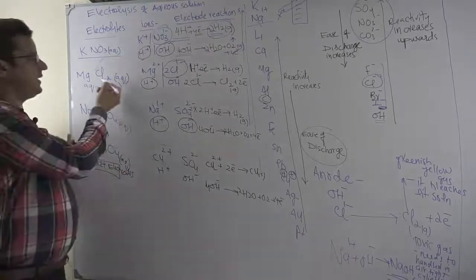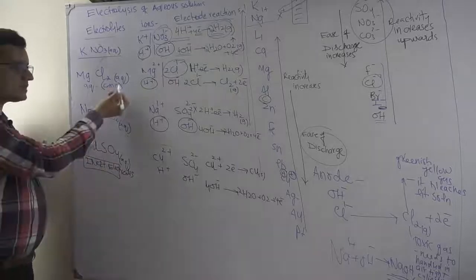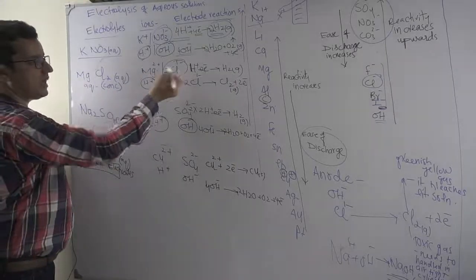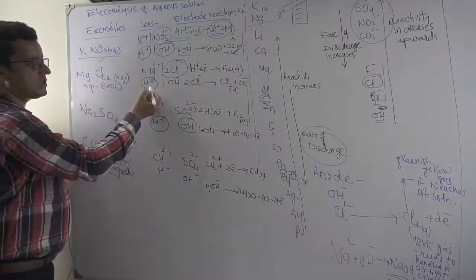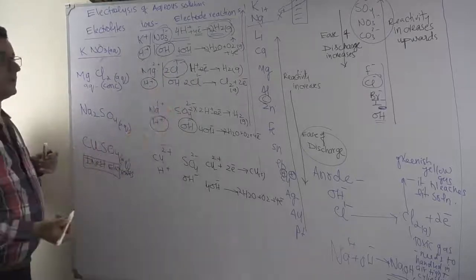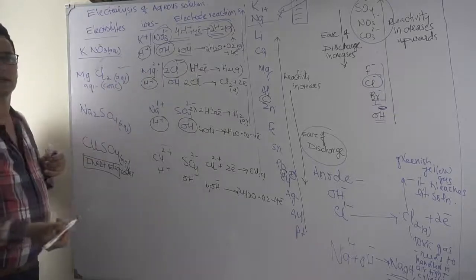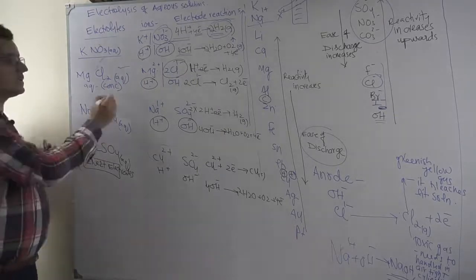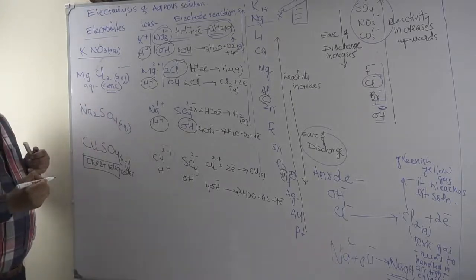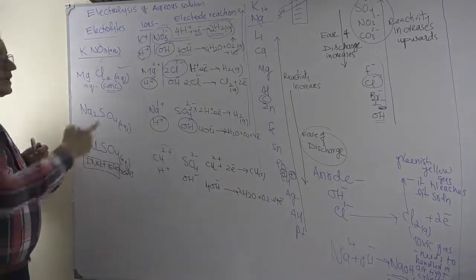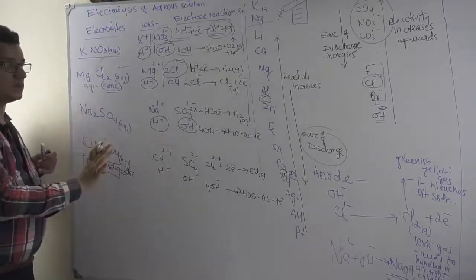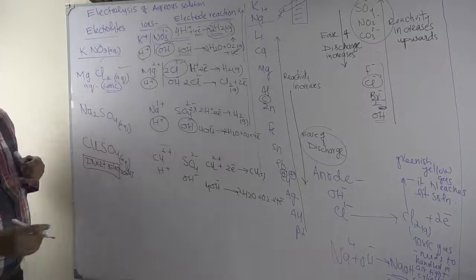So if it is magnesium chloride aqueous, of course magnesium ions are there and chloride ions are there, and hydrogen ion and hydroxyl ion as usual from the water. Remember the word aqueous: when it is written and it's not mentioned dilute, then we take it as concentrated. We take it as concentrated because it's not mentioned. They should mention it is dilute, so we can go for the concentration effect.